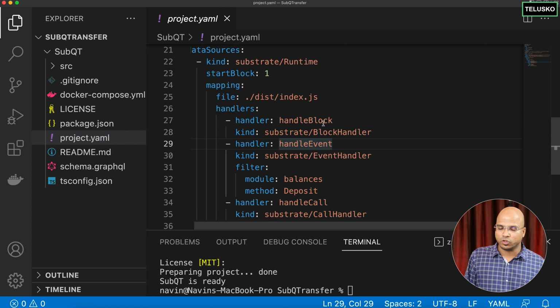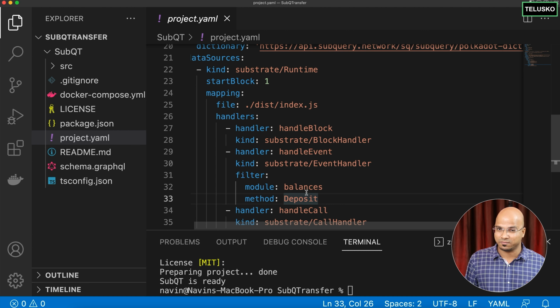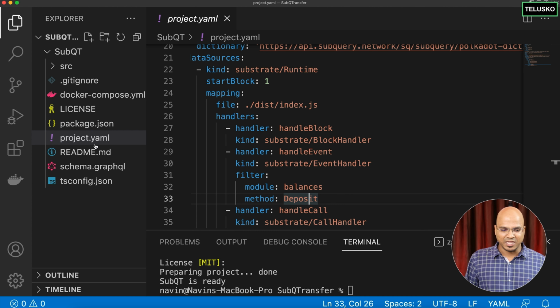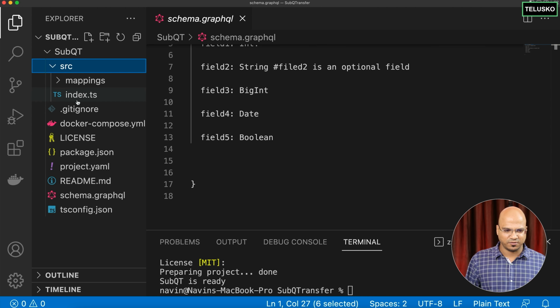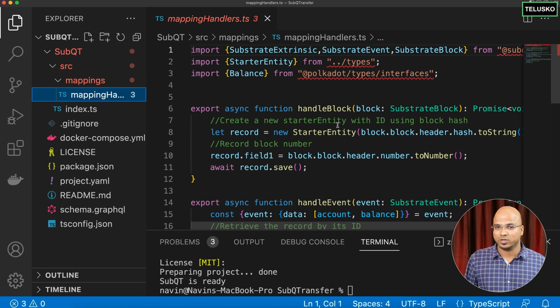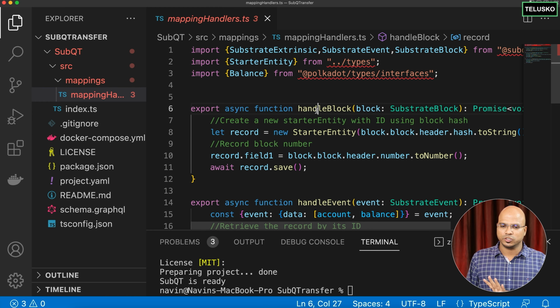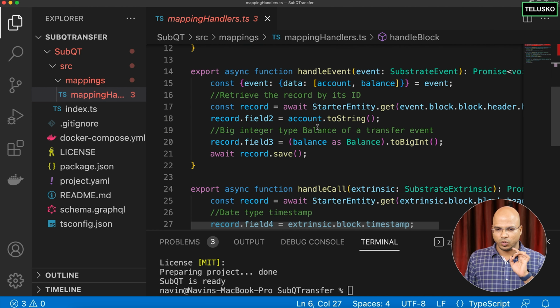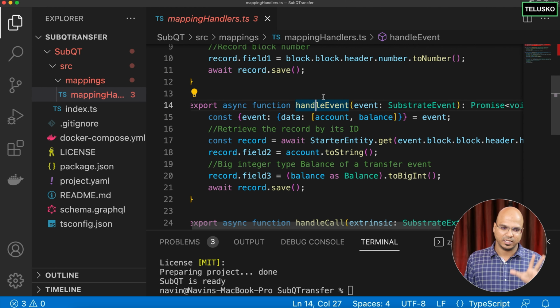So in the earlier video, we talked about blocks. This time we are going for the event. So this is what we are going to work with. And the method is not deposit. It will be transfer. So we'll change it accordingly. And based on this particular GraphQL, we'll also need a model, a type here, which as of now, I don't think it's there. In mapping, we don't have it. But we have this mappingHandler.ts where you have all the methods or functions mentioned. In this, we are not going to use block handle, so that will be removed. And we are only going to work with handle event, not even handle call. Okay, that's the bare bone what you get here, and we're going to make changes in this.